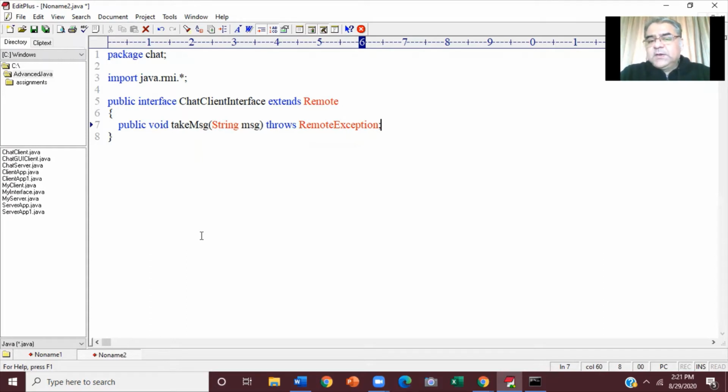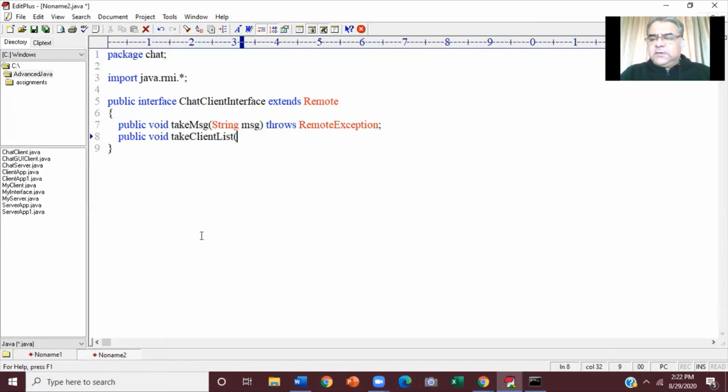Don't you think such a method has to be given in chat client interface? Public, return type again will be void. Client is not going to return him anything. Name of the method, let's say takeClientList. Server will call this method takeClientList on client and pass him those names. How will he pass those names?